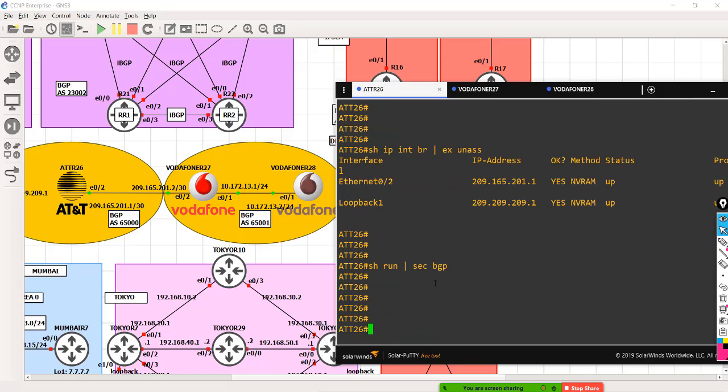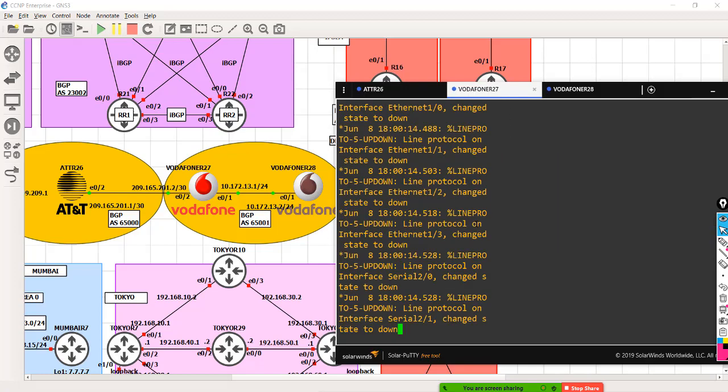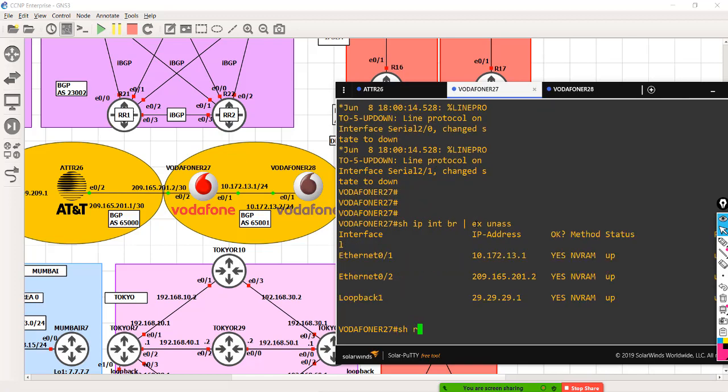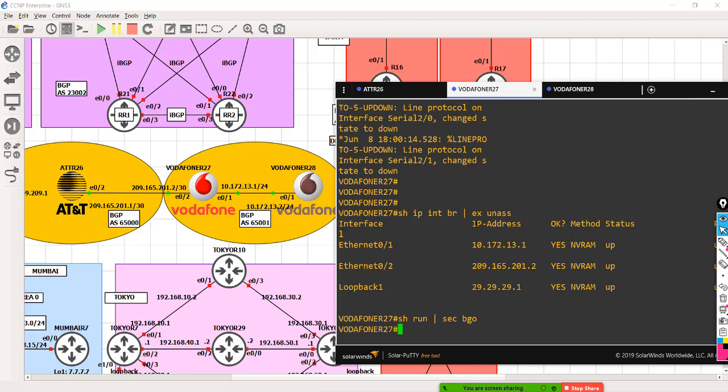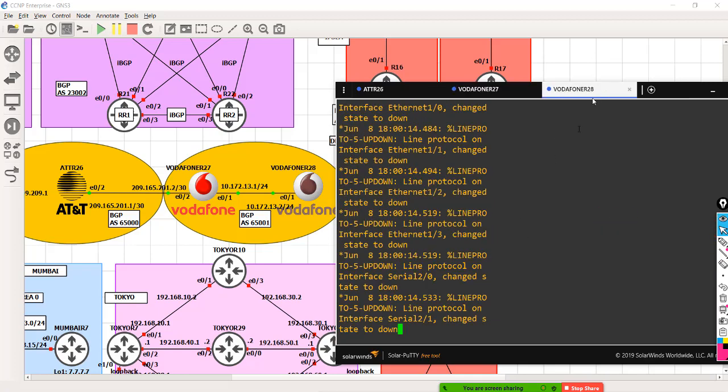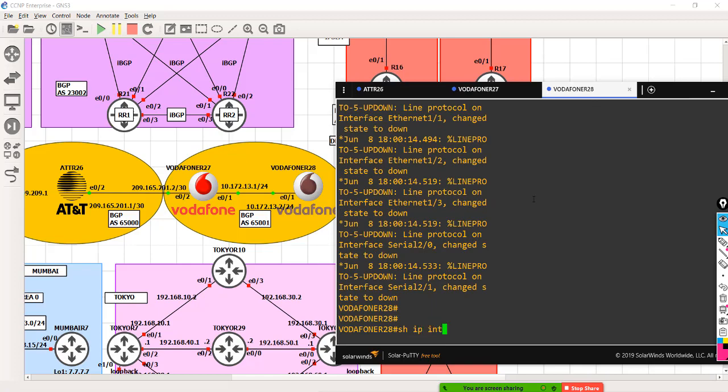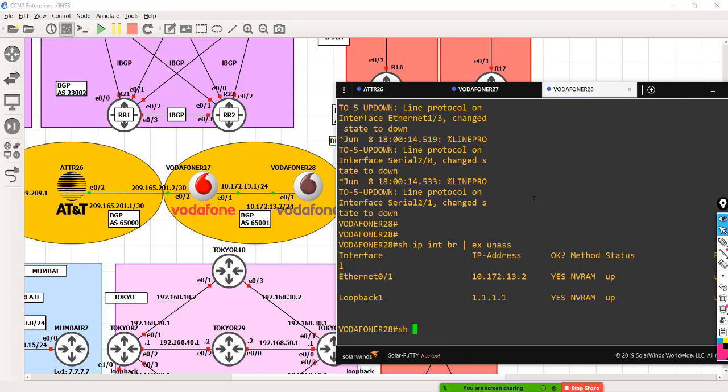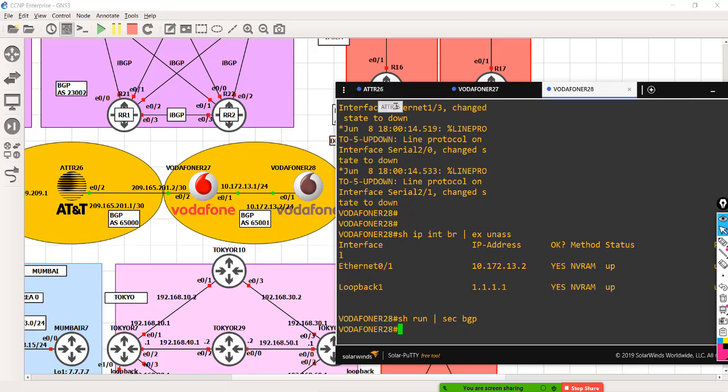Okay, I do not have any BGP. I guess it's the same with all the routers. There are interfaces, no BGP. Show ip interface brief, exclude unassigned. Show run section bgp. Okay, so no BGP on any of the three.